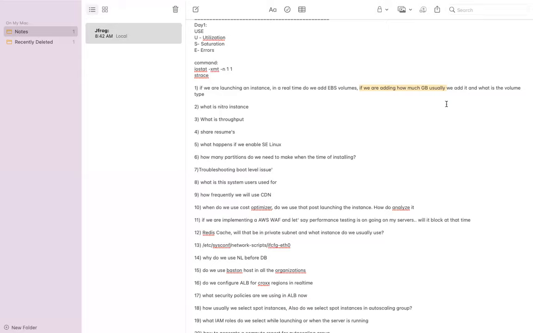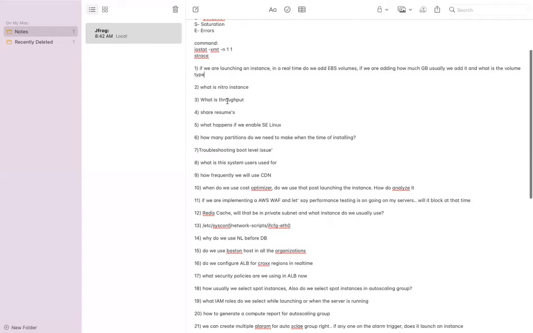Right. And when we talk about the volume type here, there are different types of volumes, like GP2, GP3. So the ideal volume type here as of today with AWS is GP3, right? We get 3000 IOPS by default, and it is even cheaper than GP2. So GP3 is the ideal EBS volume type here.